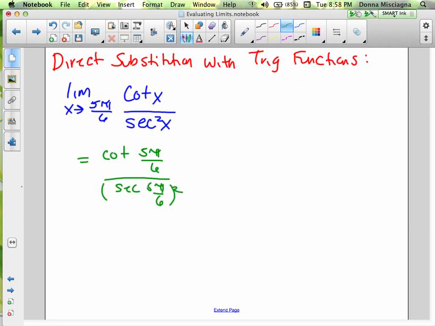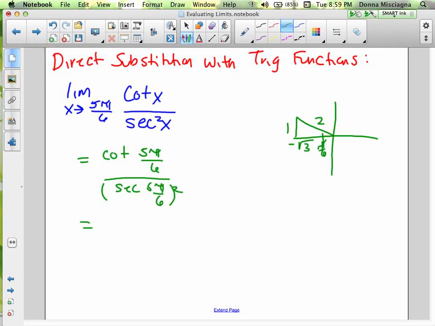All right, so reference triangle. Well, we saw 5 pi over 6 just a little while ago. It's in the second quadrant, right? And so my angle there is pi over 6. Opposite pi over 6 is a negative square root of 3. It's negative in that quadrant, and this is going to be 2. All right, so cotangent, that is the adjacent divided by the opposite. So that's just going to be negative square root of 3 divided by 1, or just negative square root of 3. So this is going to be equal to